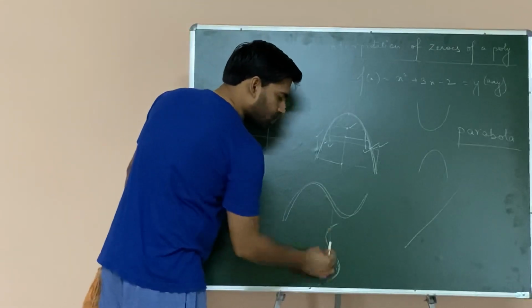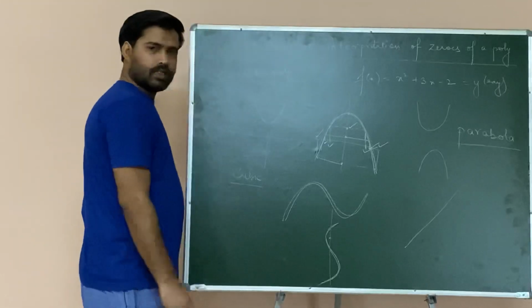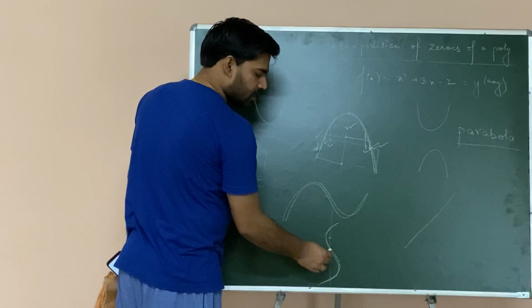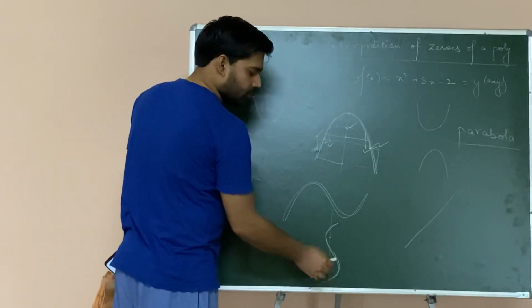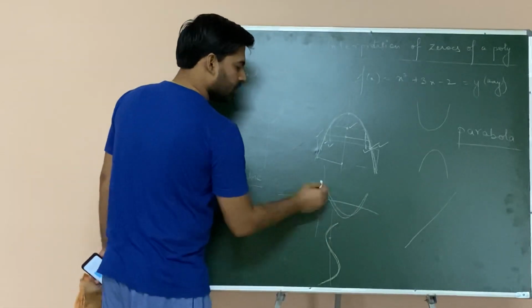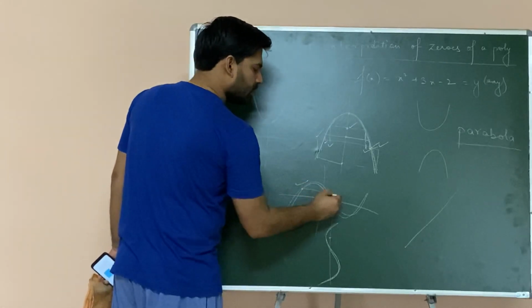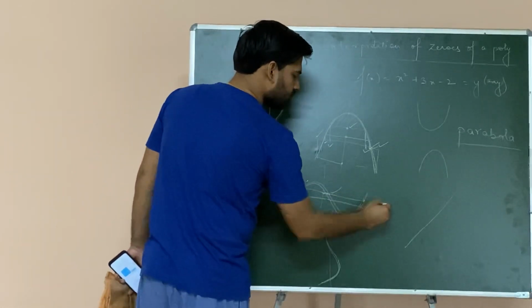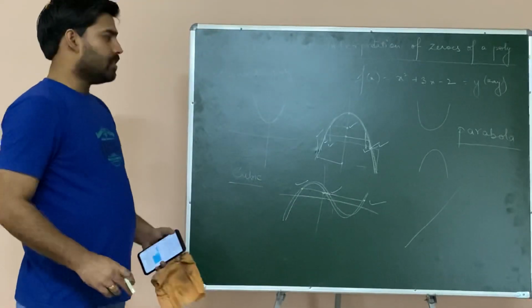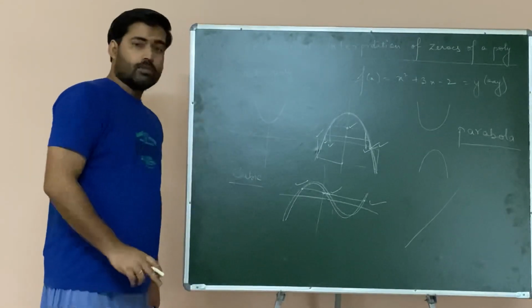Now say for example, if I am talking about this particular value of y. Fine. Now this particular value of y will have one value of x, there is another value of x, there is another value of x. Three values of x are there. Like this. If I am talking about this particular y, this is having this x, this is having this x, this is having this x. Clear? So that means number of zeros would be 3. So please note it down.